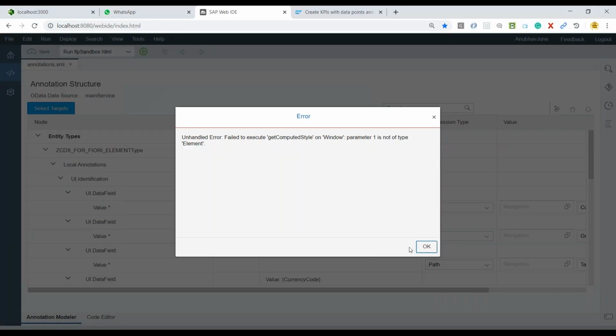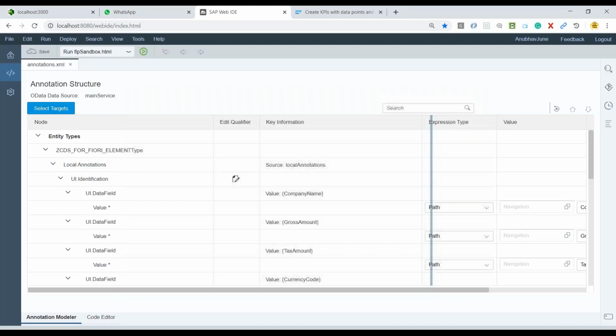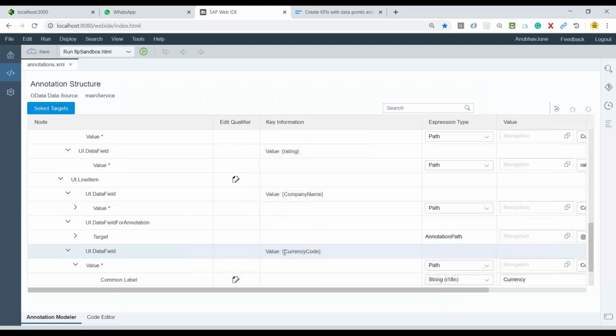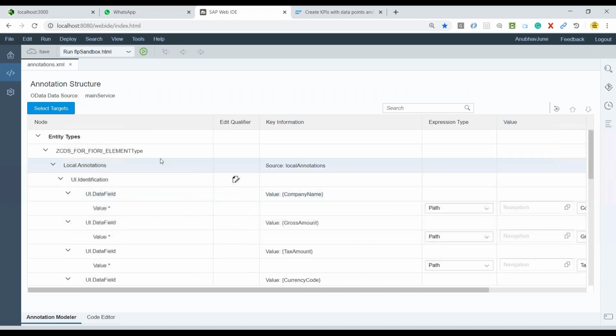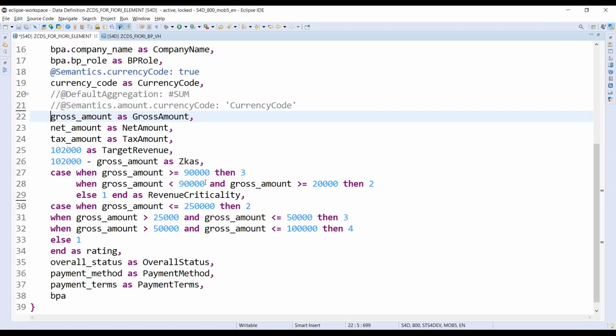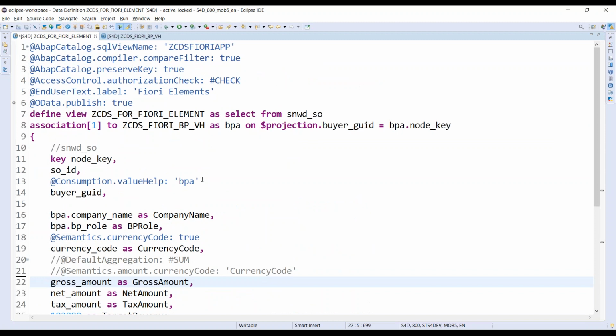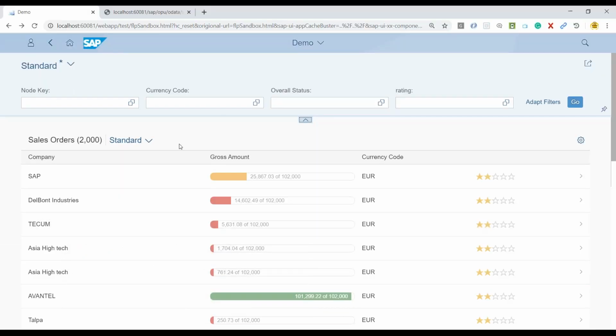developed in the system. So I'm using SAP Web IDE Personal Edition to develop this application, and I have a couple of annotations kept on the annotation modeler on my SAP Web IDE. And then I've also, of course, created my data source as my CDS view, and I've exposed the data out of this CDS view in form of OData service. And utilizing this information, we have created this list report, and there you go. This is how your output will look like for the list report over here.